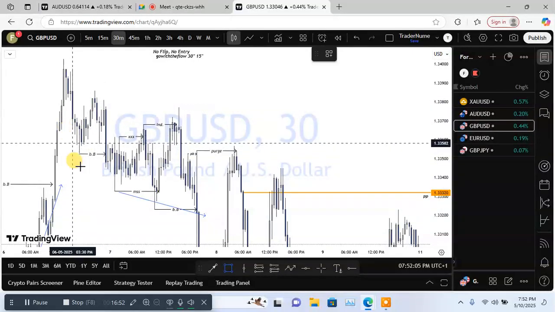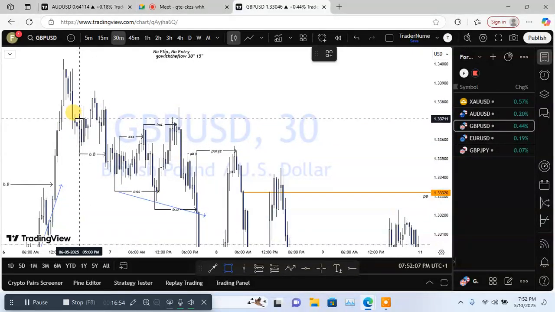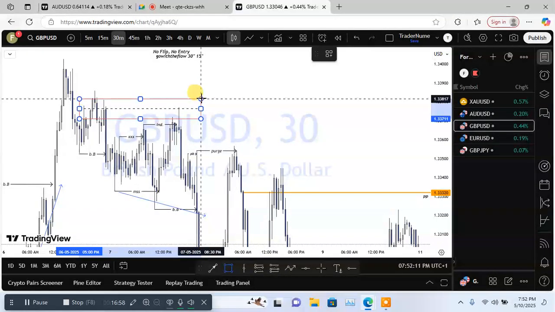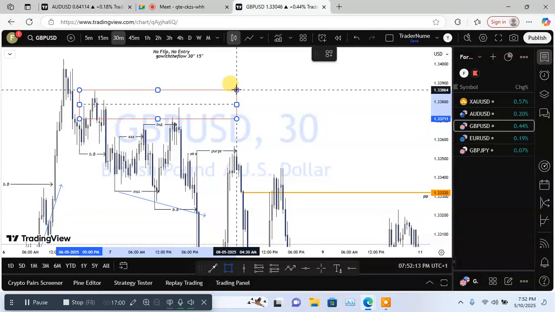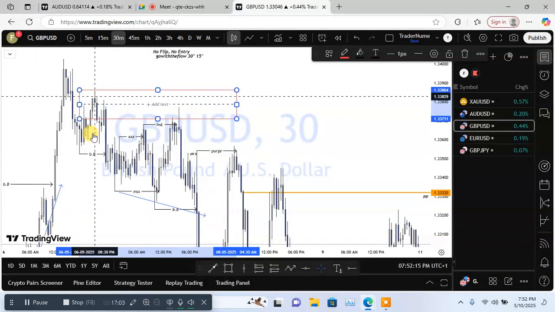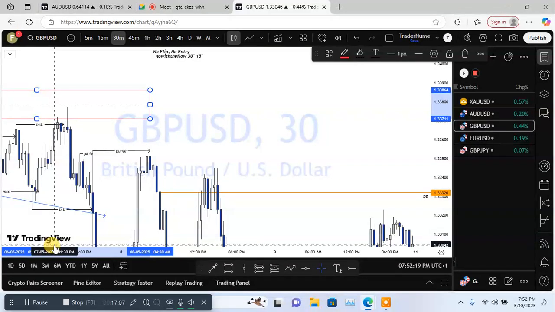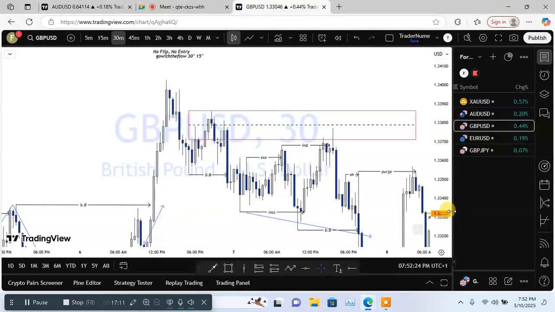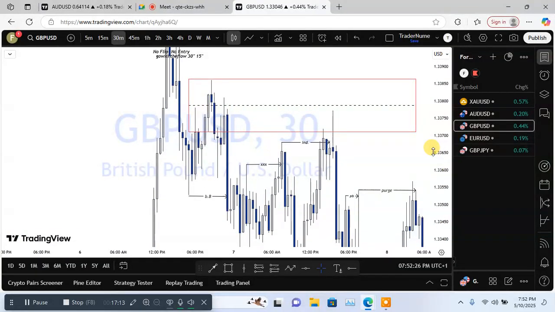This is this bullish candle. I'll make it large for you to see. That's the bullish candle, right? But we are going to mark it all the way to the top here. Let me expand it so that you will see it properly. All right. So if you can see,